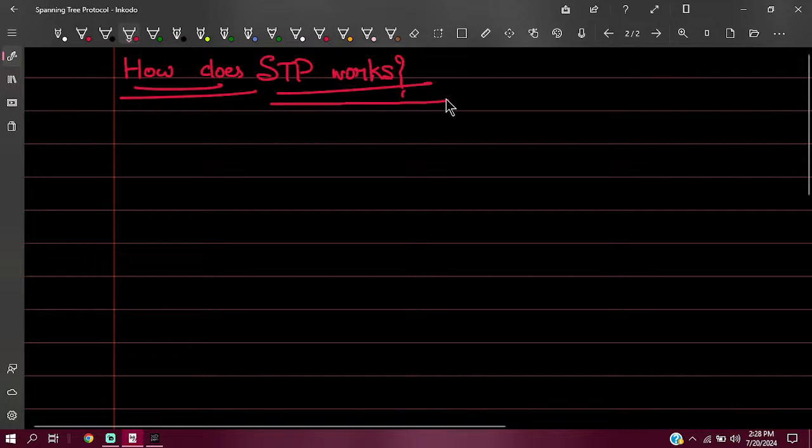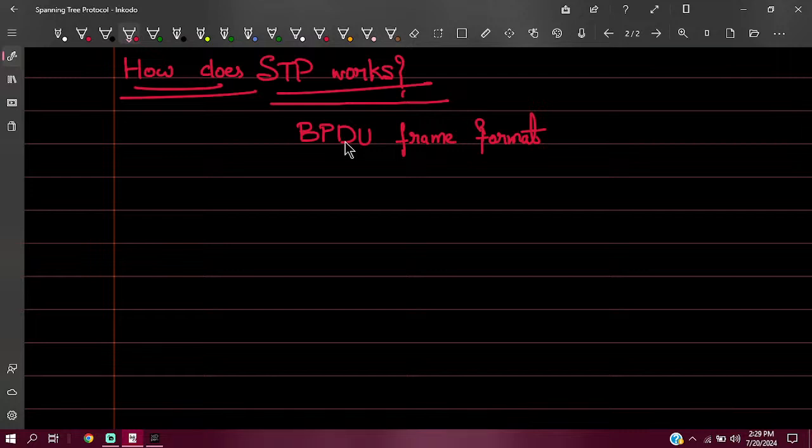Yes, now we are going to see a different type of frame other than the Ethernet frame. इस फ्रेम को कहा जाता है BPDU फ्रेम. क्या होता है BPDU फ्रेम? Let's look into that, guys. देखिए,